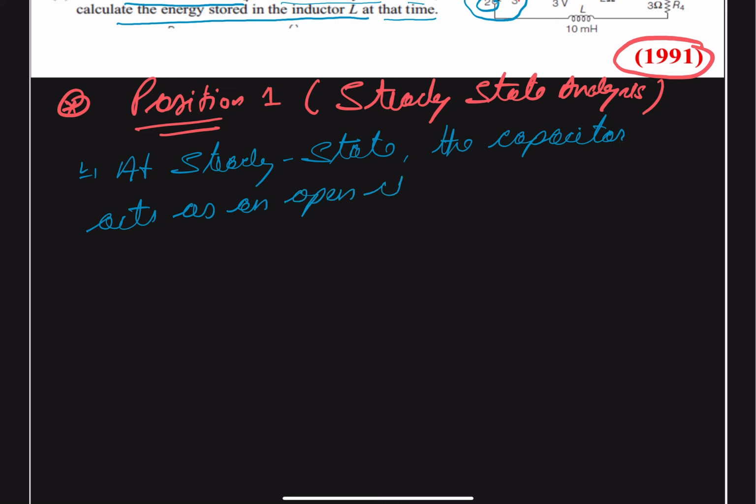Which basically means no current flows through it. Therefore, we can draw this circuit in a modified form,